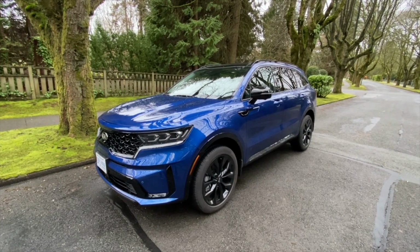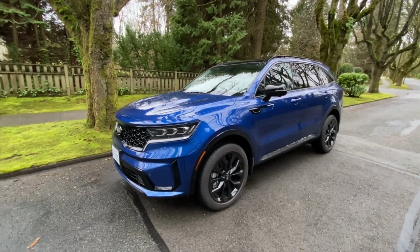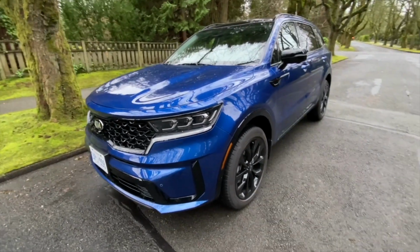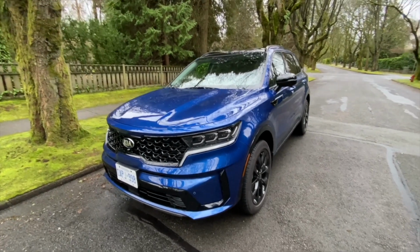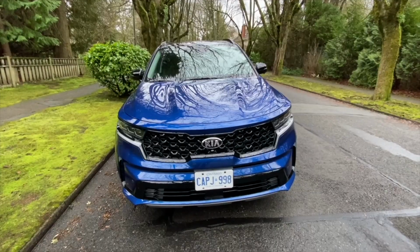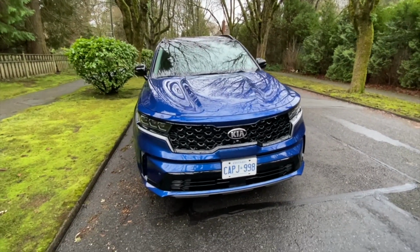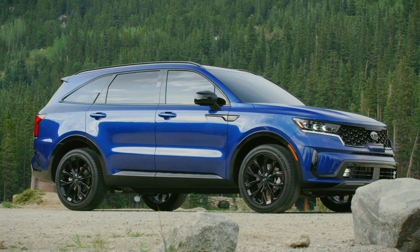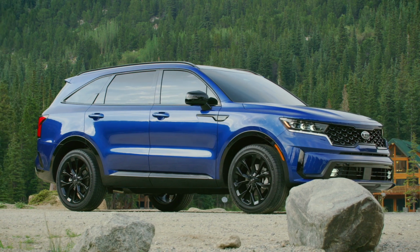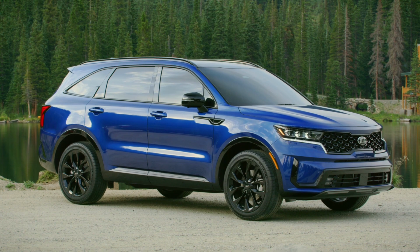So this is the all-new 2021 Kia Sorento. This particular model is the highest trim level SX with a turbocharged 2.5-liter engine, good for 281 horsepower and 311 foot-pounds of torque. In many ways, Kia did an impressive job on bringing together a lot of different features for a very reasonable price. In fact, it is one of the very few compact SUVs with a 3-row seat and